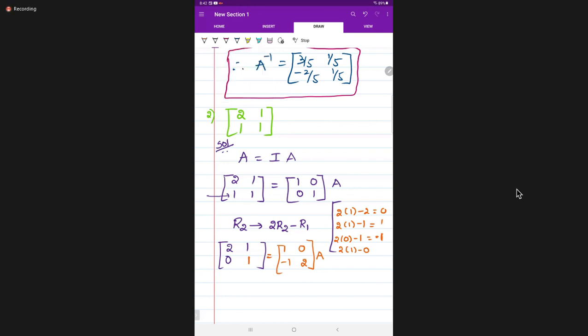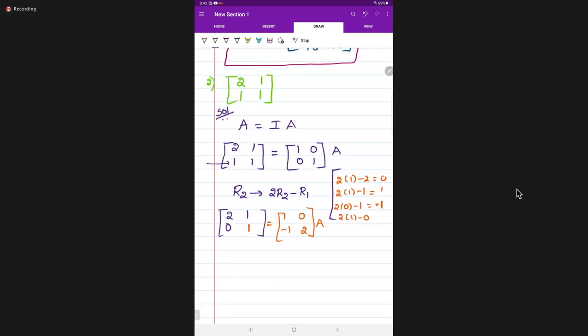Next, what do I have to change here? The first row, first element should be 1; the element 2 is there, so make it 1. But first do one thing. In the first row, the second element, 1 is there. Make that 1 into 0 with the help of the lower element, the second row. Don't see that 2; see that the first row, second element is 1.